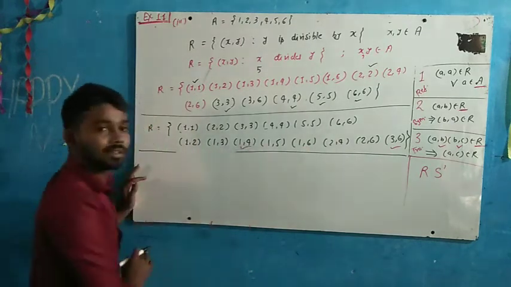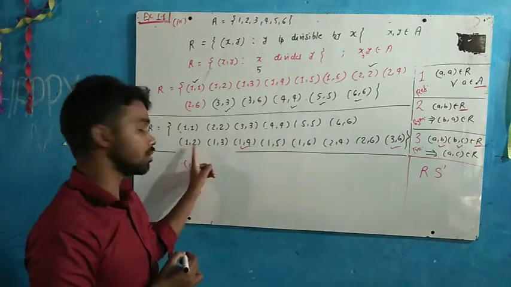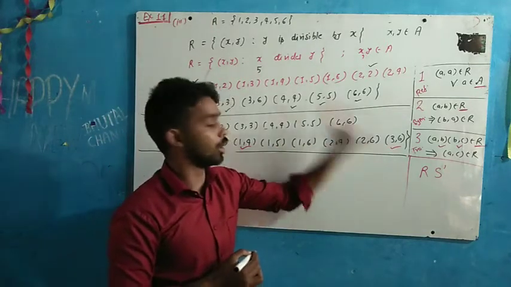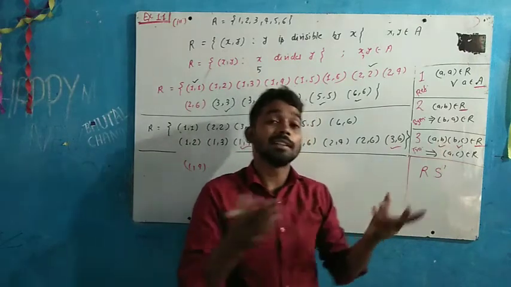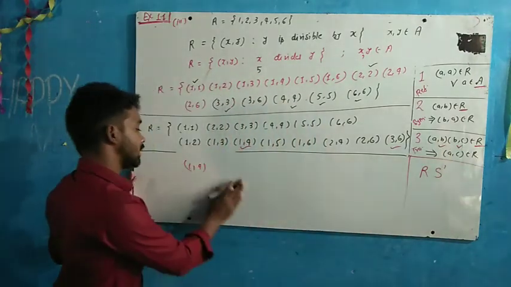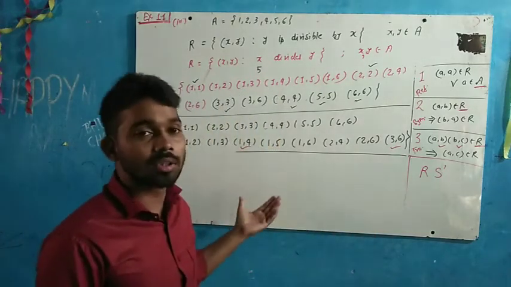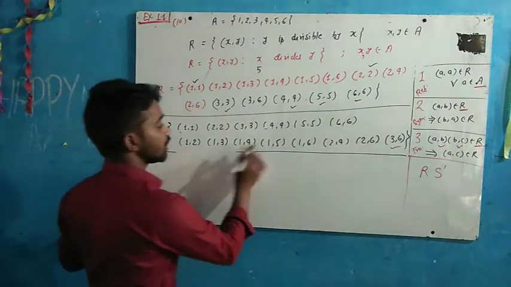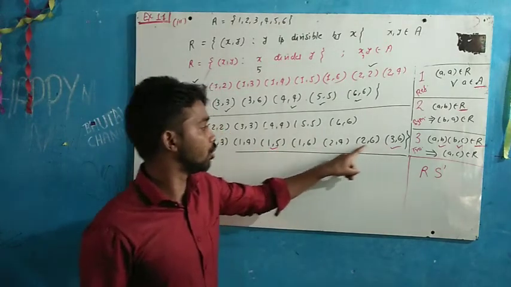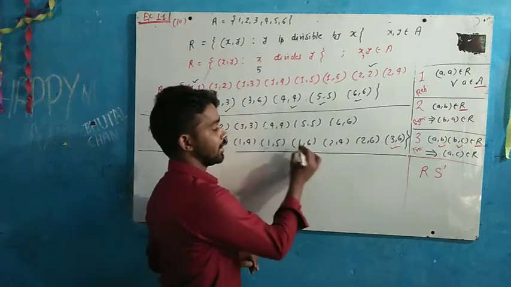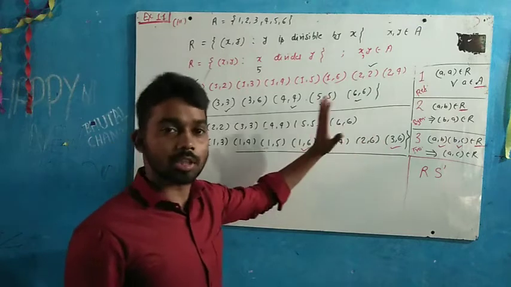Clear? Next, fix (1,4). Now with (1,4), how many ordered pairs are there which start from 4? No elements are there. Clear? So again, I have told you, if there is only one ordered pair, then already it is transitive. Definitely, since (A,B) is present but (B,C) is not present, it follows the condition of transitivity. Now next, check (1,5). Check any element which starts from 5. No elements are there. That's why here also it is fine. Next, (1,6). Any elements which start from 6? No elements are there, so it is also fine.